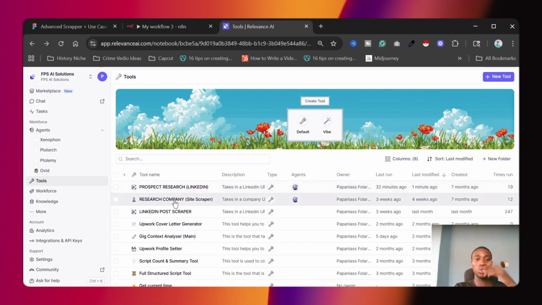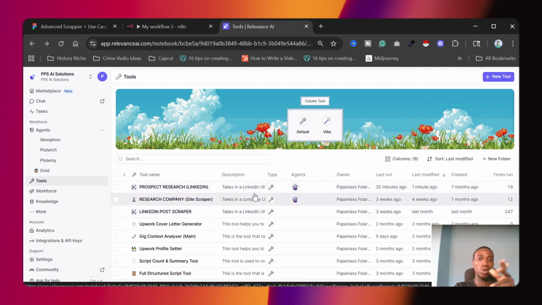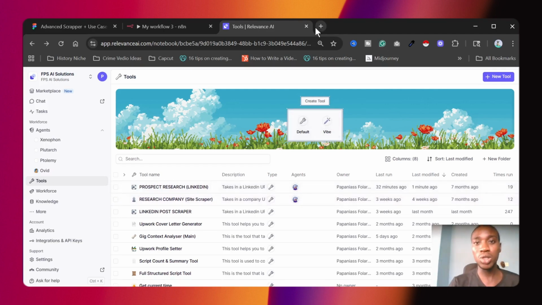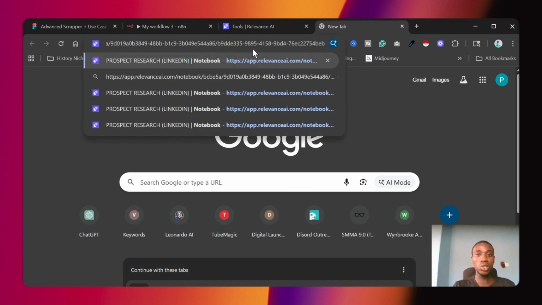I already built the scraper I was talking about earlier, so what you have to do right now is just clone the scraper that I already built into your own Relevance AI account. That's one of the things with Relevance AI: you can easily clone someone else's agent or workflow into your own workspace, and you can use it as if you're the owner. I think it's some sort of white labeling, but as far as it's useful for us, you don't care much. So right now, the links will be available. You can see it there. This is the link that's going to take you to the agents.